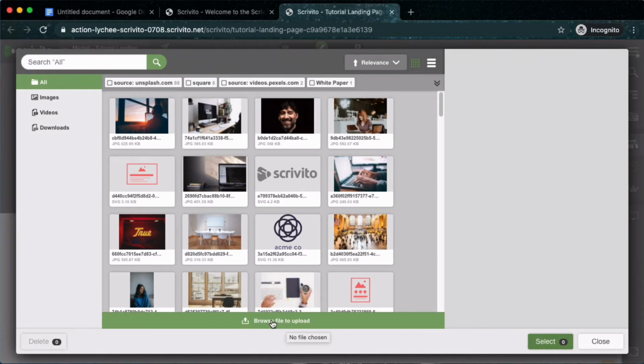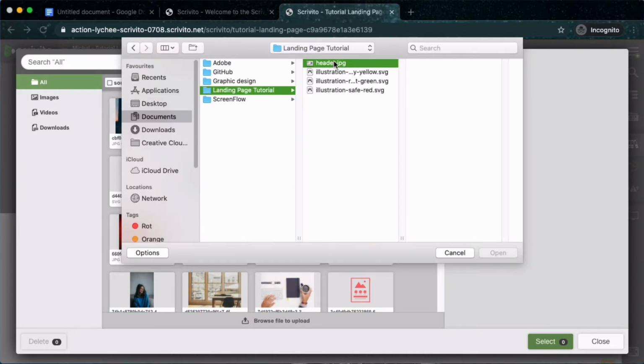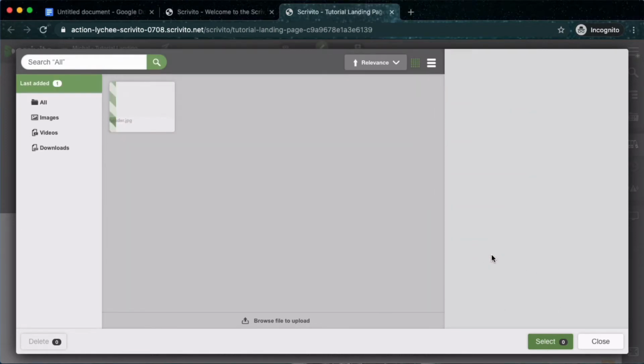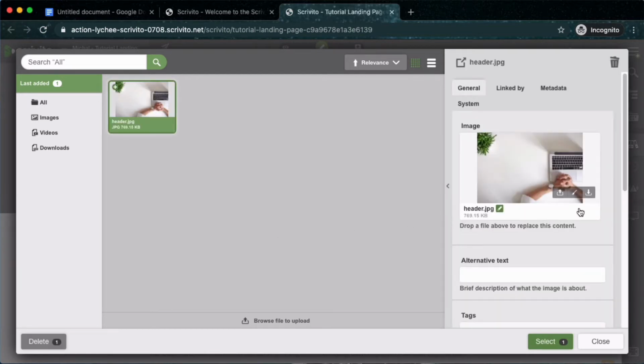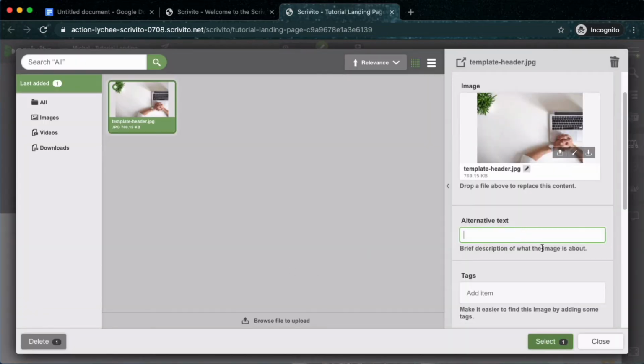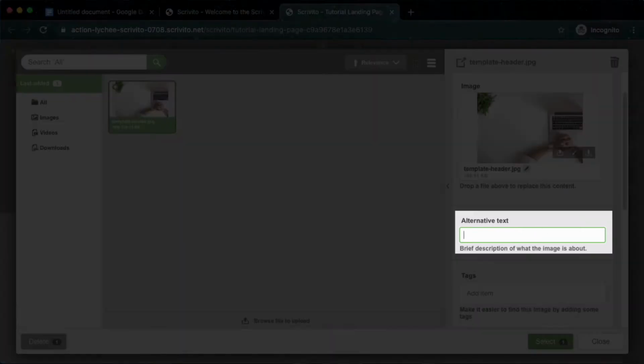I'll use that one. And I have a header image. So I open it and Scrivito uploads it. And now what we can do is we can change the name if we don't like it. That's quite easy. Let's do template header, rename the file. Of course, we can give it alternative text. Laptop